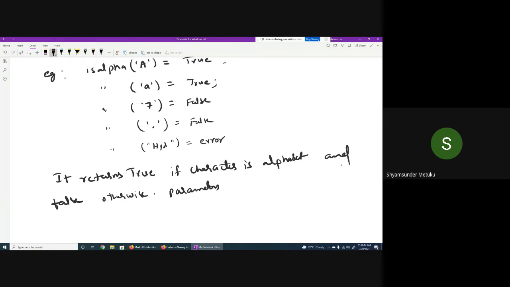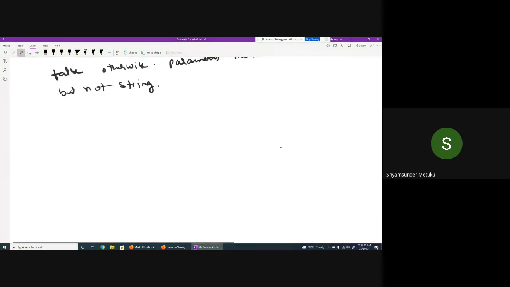Parameters must be a character but not a string, as per the above example. Is it clear? It returns true if the character is an alphabet and false otherwise. Is it clear to all of you? Any doubts? Yes, sir. Okay, fine. Let me go to the next one, which is isupper.